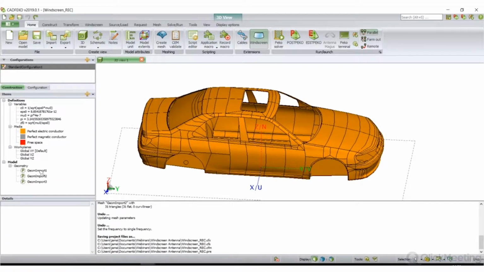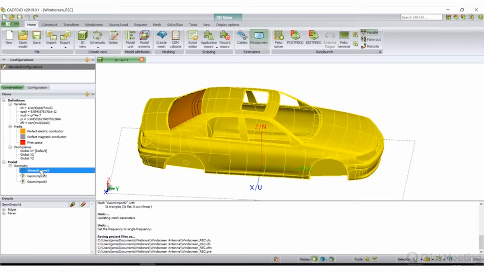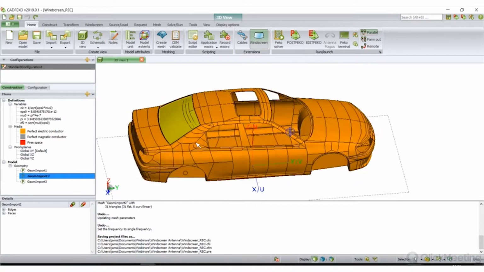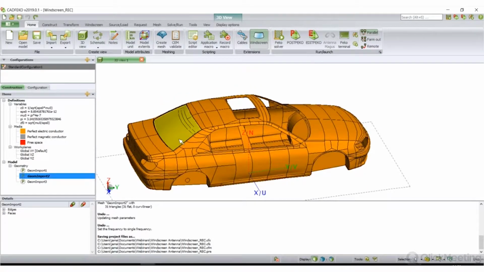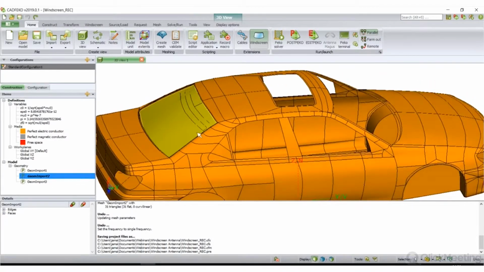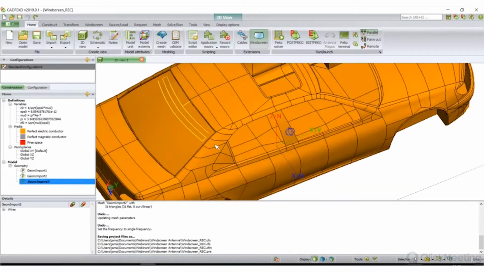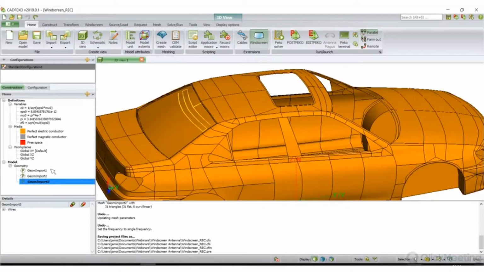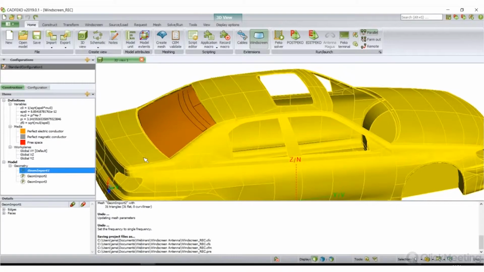Geometry import 1 is the car body. Geometry import 2 is the windscreen, actually the back screen of the vehicle, and 3 is a sample antenna structure. We can rename these using the F2 button: car,